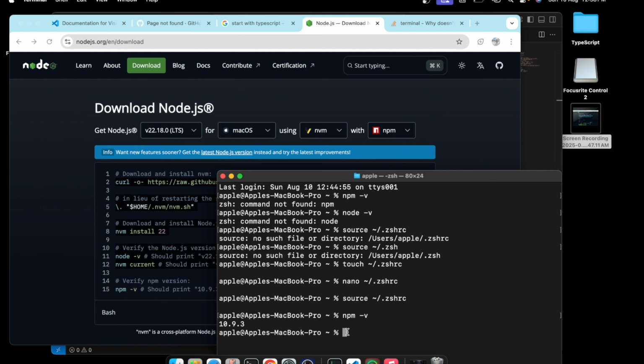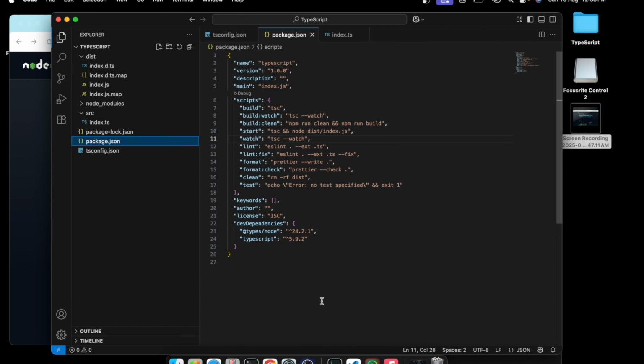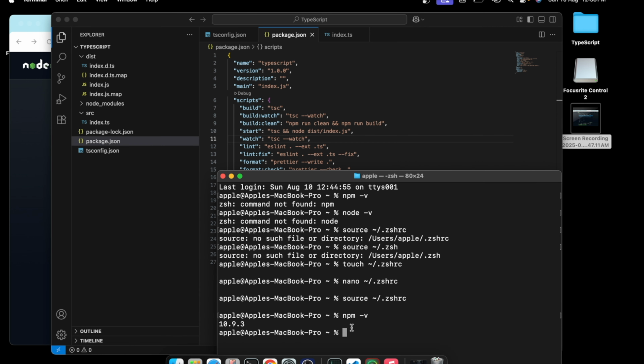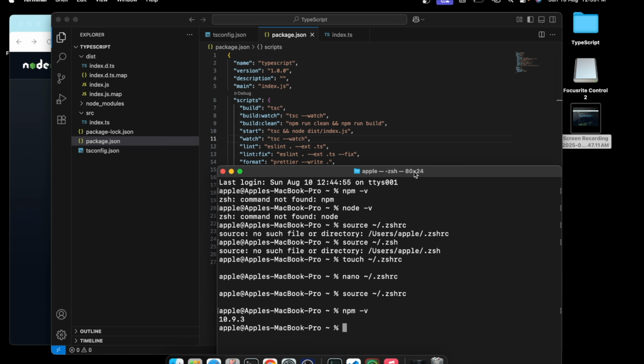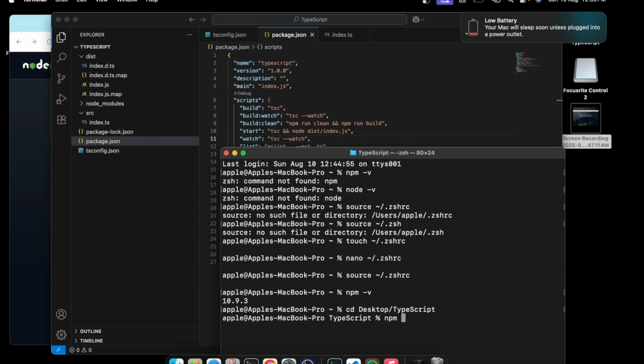Okay, so now let's go and check by going to the desktop and the TypeScript folder, and let's check whether we are able to run the code or not. So let's go and try that one. So here I will add run.